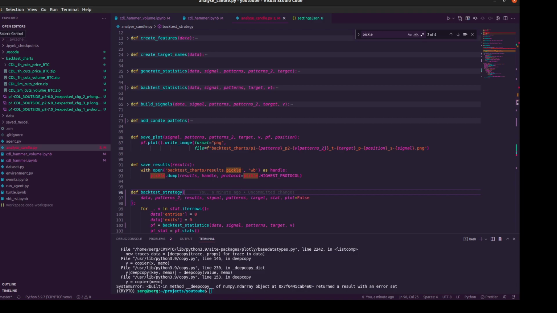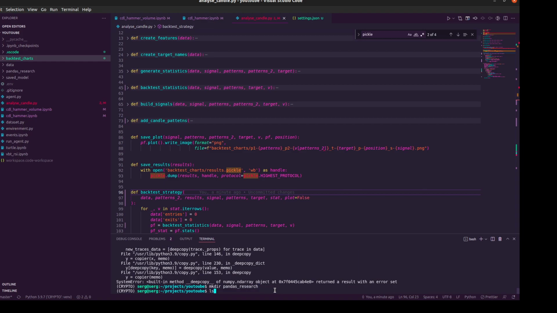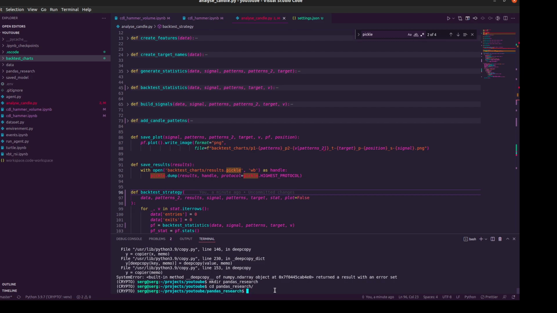So what we need to do, for example, is create a new folder. Let's call it pandas research, and I would like to create a file, for example, best candles. We use touch